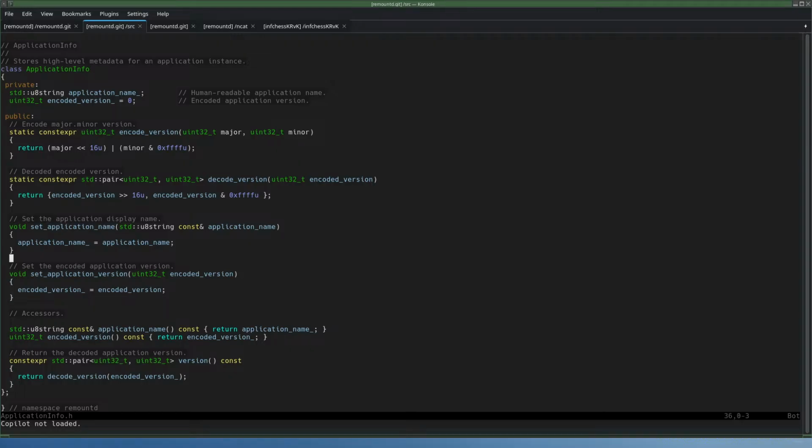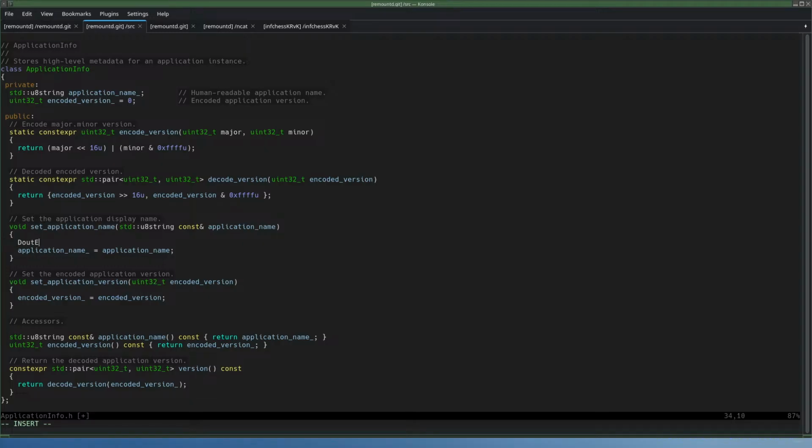Oh yeah, why not? Without entering, RPC notice, application info, set application name. Application name.